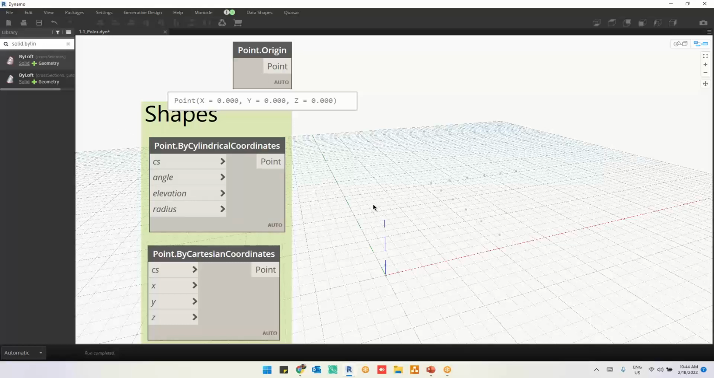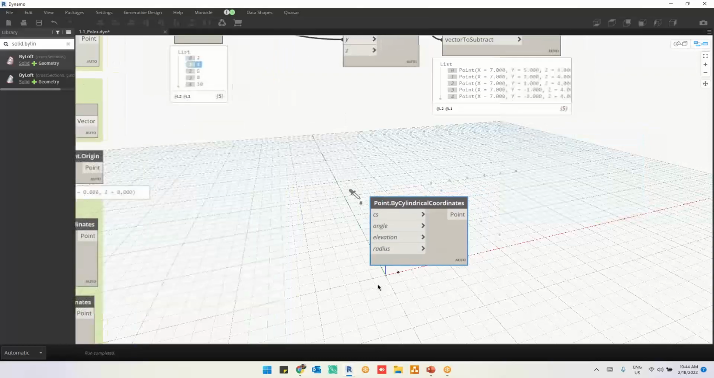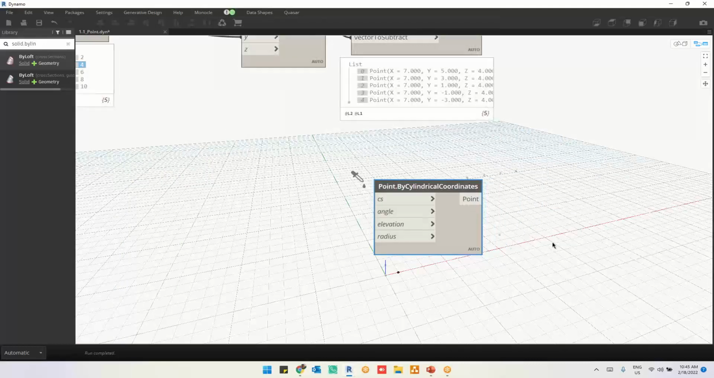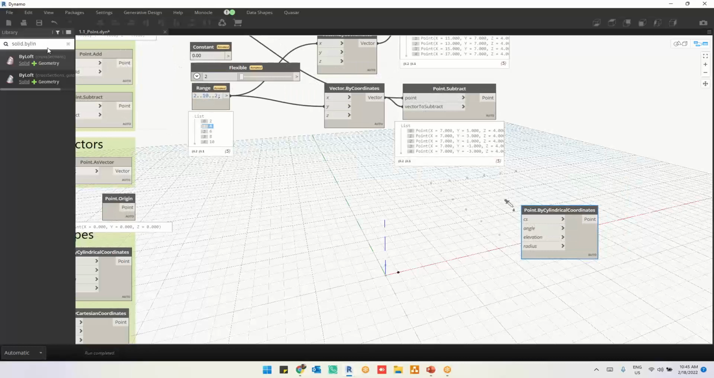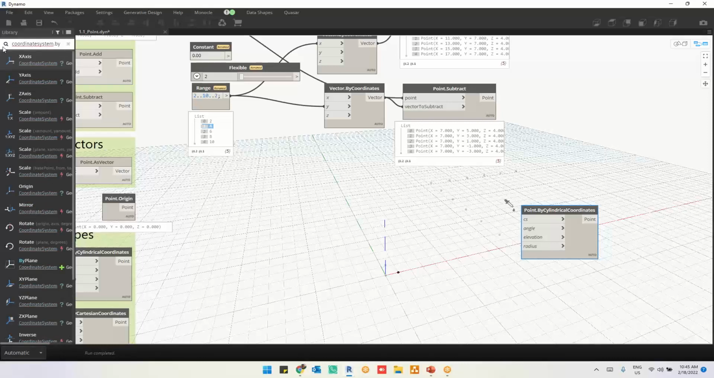Point out by cylindrical coordinates, and what is it expecting? It is expecting a coordinate system. What do you mean by CS? Whenever the cursor, coordinate system, it is expecting the coordinate system. Okay, and I want the coordinate system now. How can I get the coordinate system? We have a node called coordinate system dot by, and now I'll see